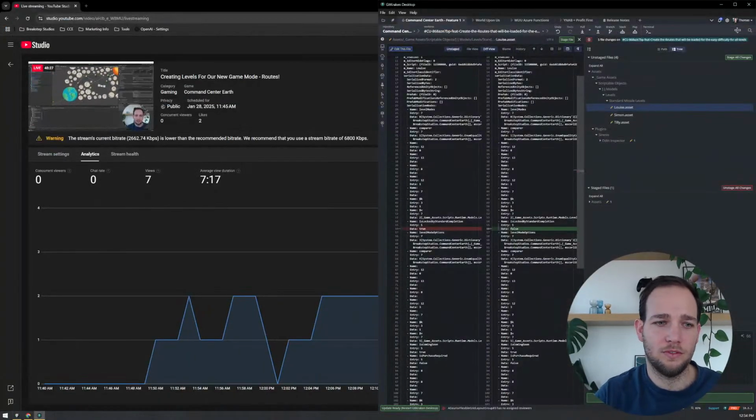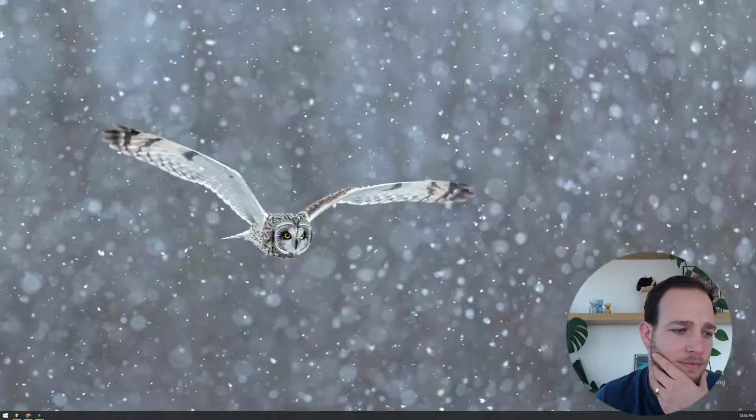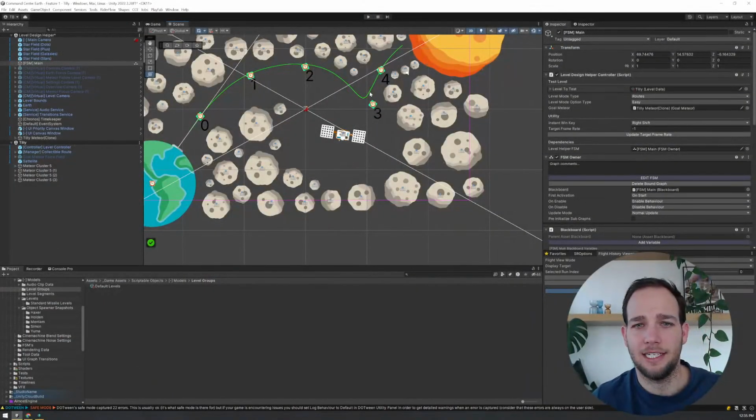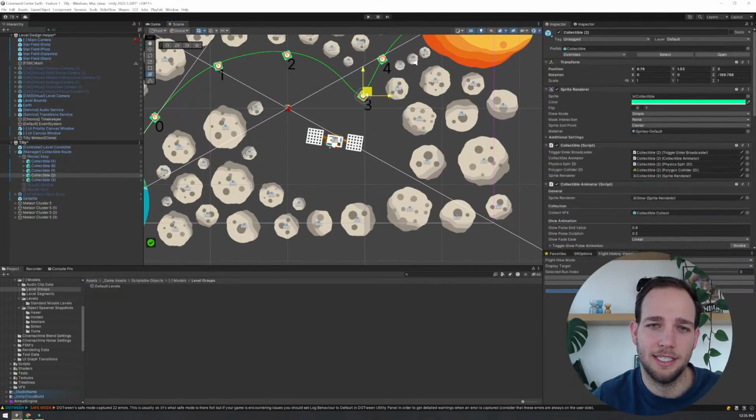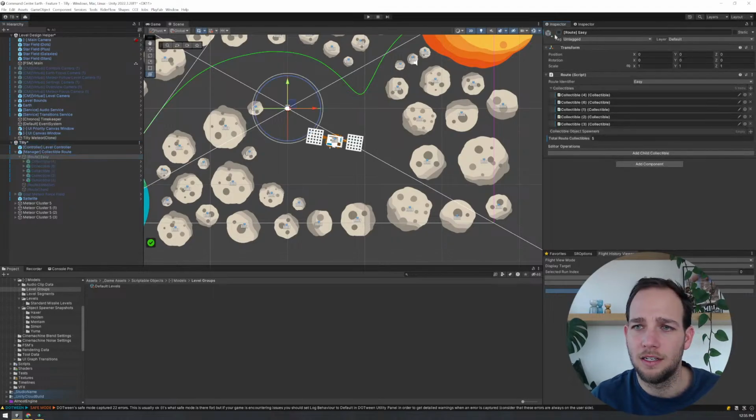Collectible 3 moved. All right, so what I'm going to do is this, and I'm going to see how that feels, if that feels better. God, I swear, this is driving me nuts.